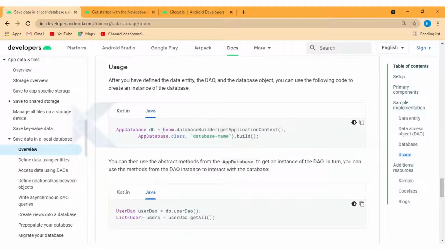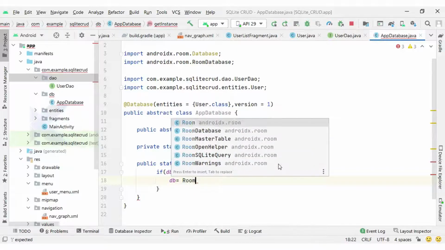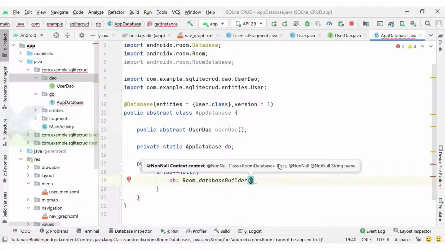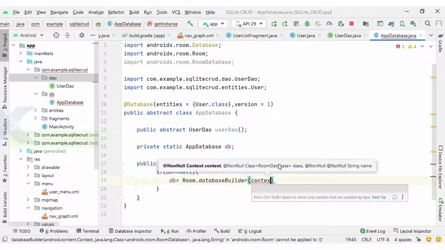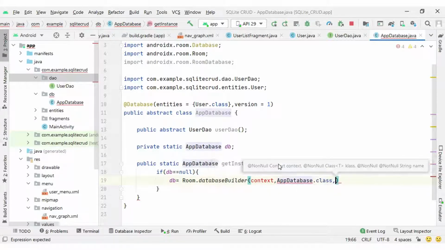So you can see Room.databaseBuilder, and inside the database builder we can pass the context. The second argument is our class name, AppDatabase.class, and the third argument will be a string,